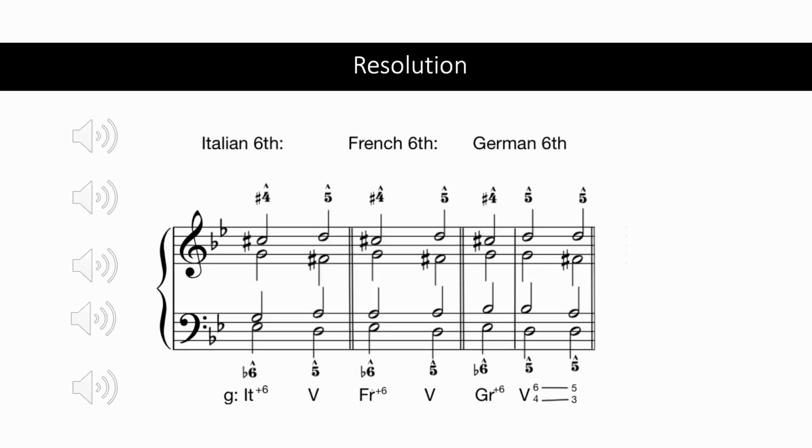Here are all 3 types of augmented 6 chords and their resolutions to the dominant in the key of G minor. As you can see, resolving augmented 6 chords is easy. The flat 6 and sharp 4 always go to scale degree 5, and the other voices move to the closest note in the 5 chord. Let's listen to these progressions. This is to establish the key of G minor,